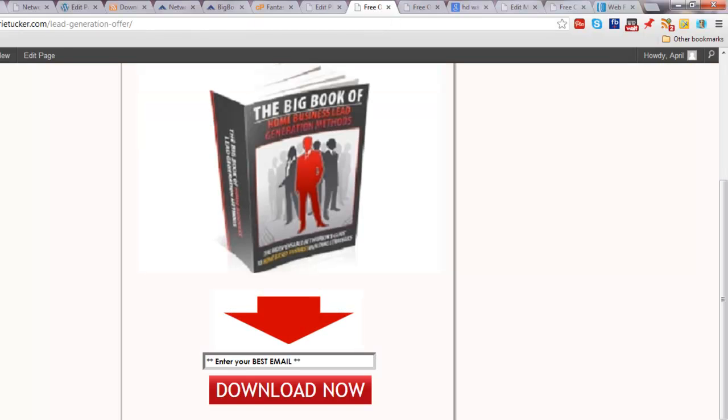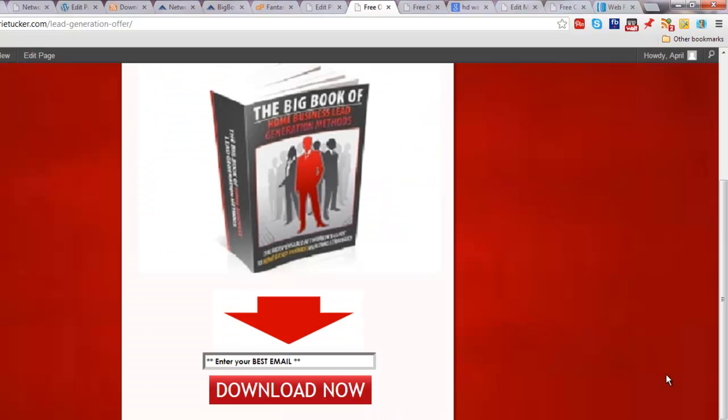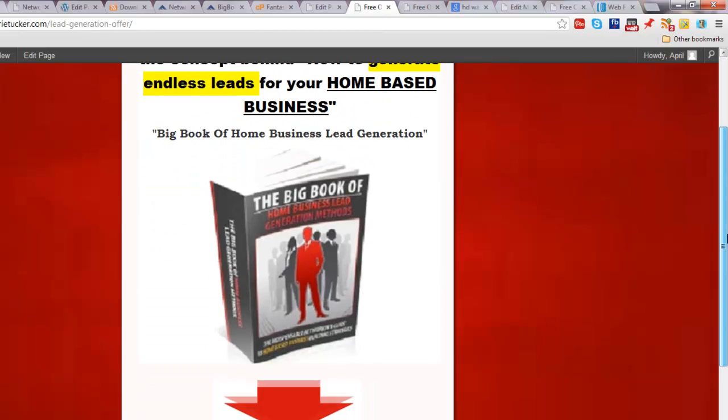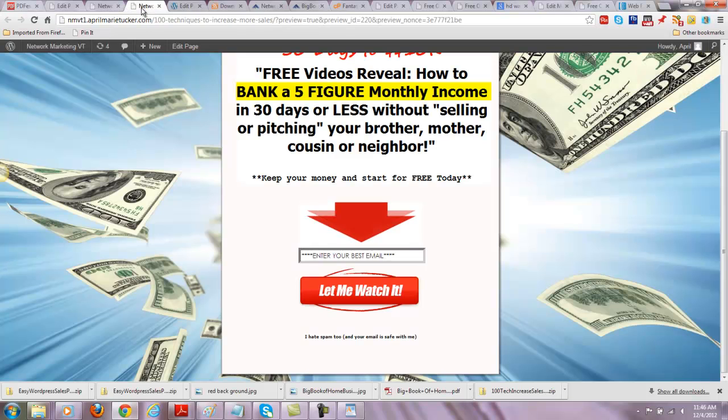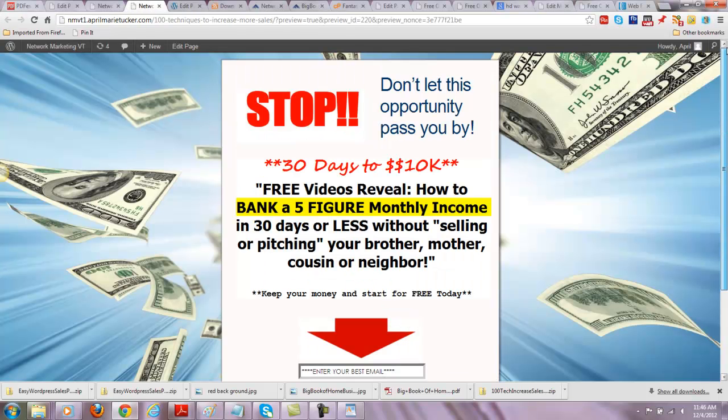Go back to the view page to make sure that update works, and there you have it. Now we've got a nice red background. And like I said, you can change it to whatever you want. You can see I have money here in the background flying around. I have on my free ebook,